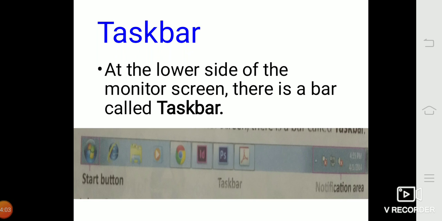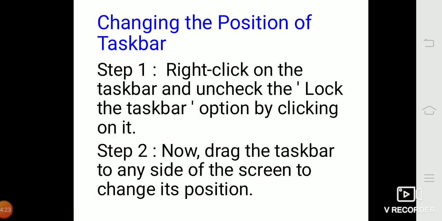So if you open many programs together, many buttons will appear on the taskbar. You can click these buttons to move from one program to another. Show desktop button on the right side minimizes all the open programs and displays the desktop.